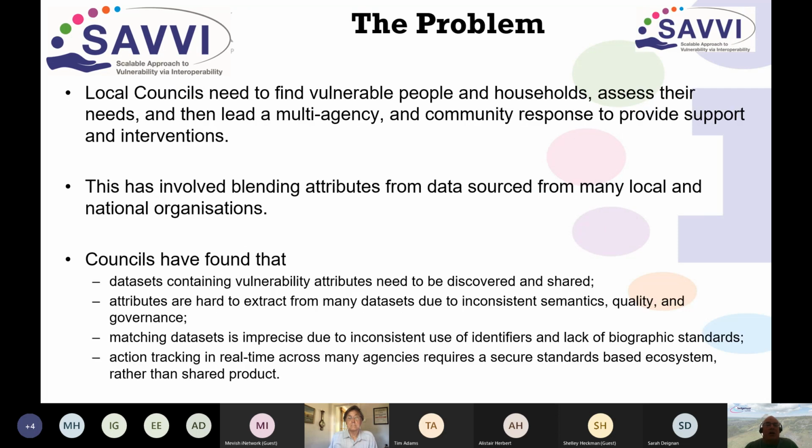And from our workshops, we came to understand the problems that councils face when they're trying to find vulnerable people and coordinate that support. Councils need to know which organisations have got